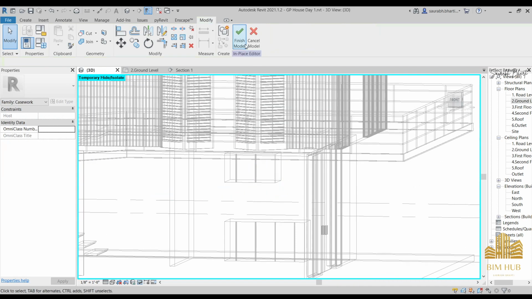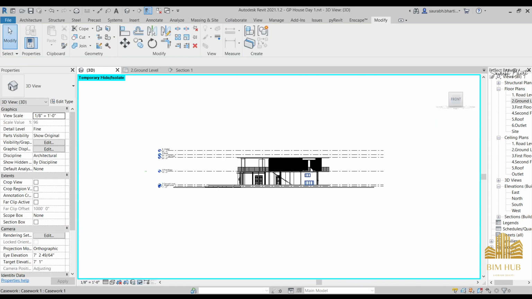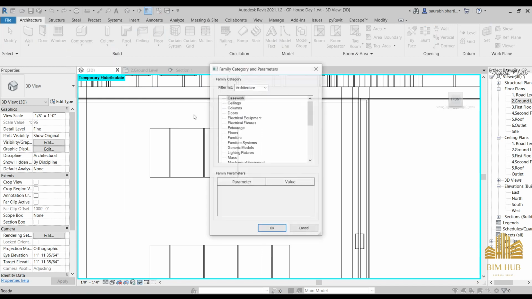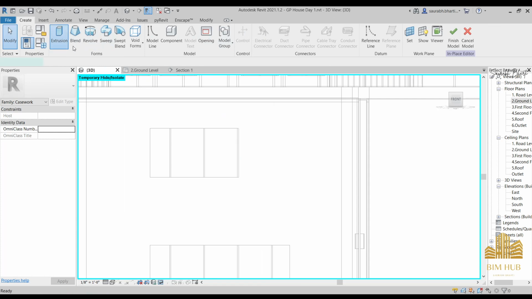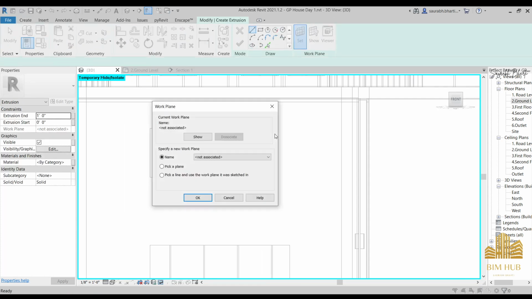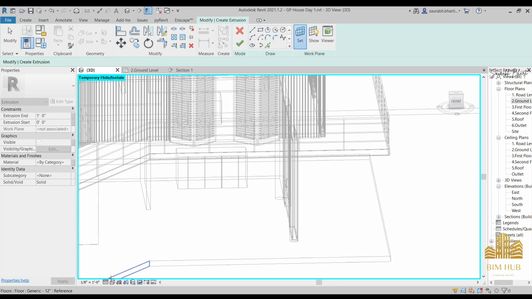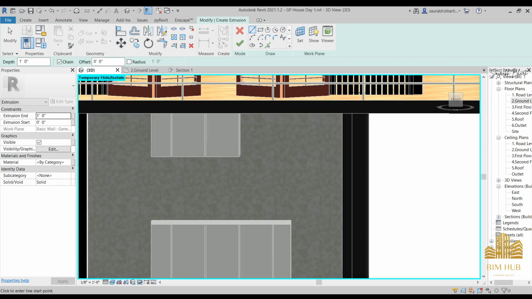Okay, I think I made this at wrong place. Yes, just delete it, go to the front view, go to the extrusion, and we had not set up our extrusion, that is why it was not made. So just go to the casework, go to the casework 2, and here take your extrusion, set a plane, pick a plane, and then just select this wall. Let me go to the realistic view, pick a plane, and then just select this one,